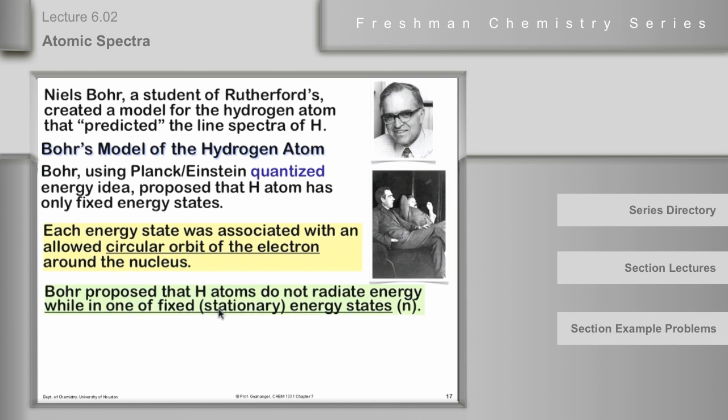But what he said was, hydrogen atoms don't obey the laws of classical physics, and if we have an electron that's in one of these fixed orbits, it'll stay there unless the atom absorbs energy or releases energy. Well, this was the biggest spot where his idea was different than classical physics, and many physicists dismissed it out of hand. But if you follow this idea through the way he did,